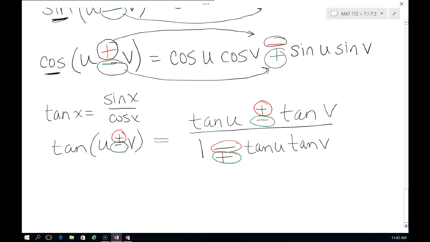The reason that we are doing these three identities is so that we can expand how many angles we can find exact values for. Right now, we can only do exact values for multiples of 0, 30, 45, and 60, or 90, those values that are on our unit circle. But if we can start adding and subtracting those angles and plug their values into this formula, we can now get exact values for more